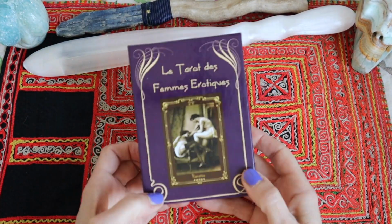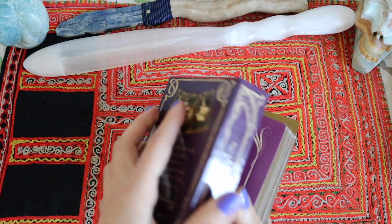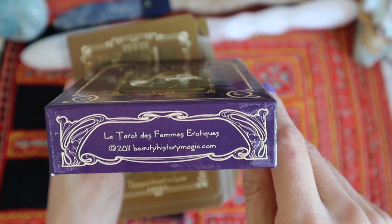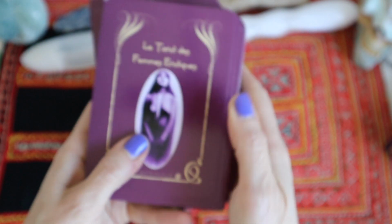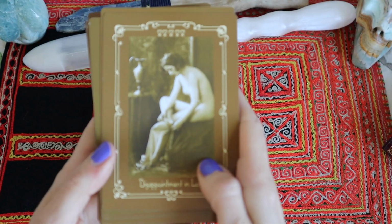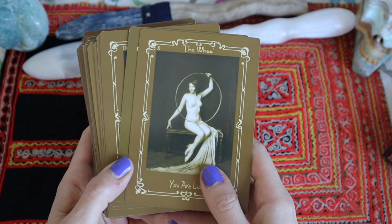Another one that I find quite unique and original, sip of coffee, is this Lateral De Femme Erotique, and I think it was sold through Amazon actually, but it's a deck from 2011, so it says here beautyhistorymagic.com, and the backs are not very nice maybe, but that's how they are. The paper is medium too. I just don't like the feel of it, but nevertheless I got this deck from a swap from a very lovely Diane, whom I still follow on Instagram,